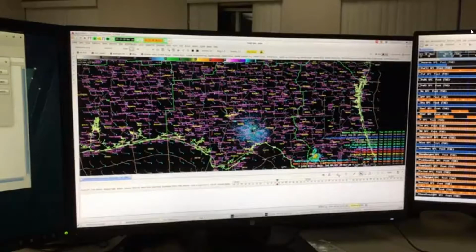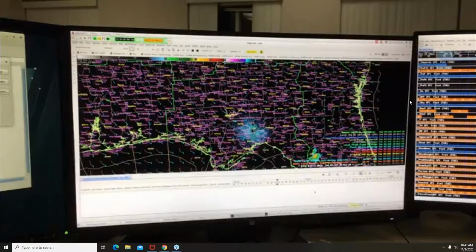And this interface also shows us, you can do a river flood recommender, which will tell us which rivers basically need to go and have a river flood warning issued. And this is coordinated through the SERC, which is basically our local, basically they compute the river flood warnings that occur over in the different values in the rivers based off of the amount of rainfall that we've got. So I'm going to close this